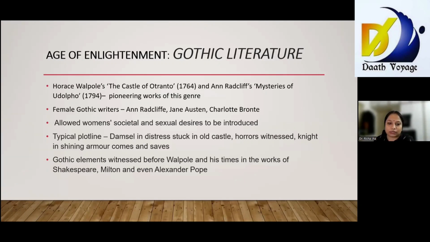Alexander Pope, who had a considerable influence over Walpole, because remember, they belonged to the same club, the same society, the Scribblers Club, was the first significant poet of the 18th century